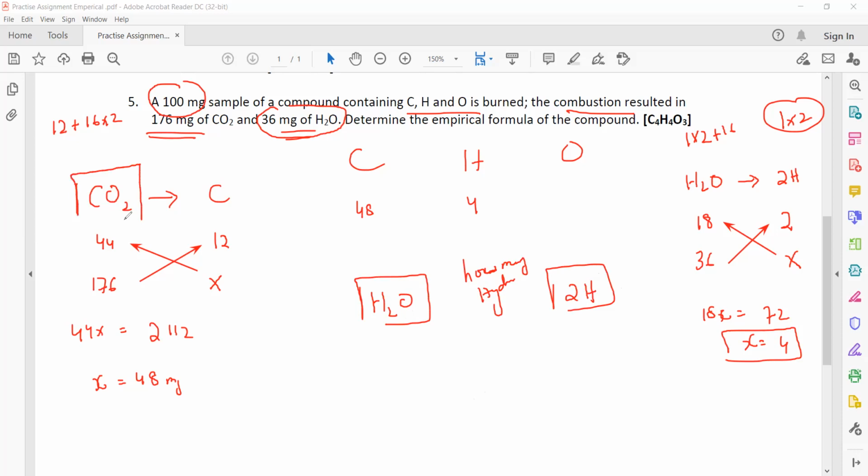One molecule of carbon dioxide contains 1 carbon atom. But what I wrote here is a mass. When I wrote the mass of carbon dioxide, it is 44 and the mass of carbon is 12. So we use the ratio whenever the mass of carbon dioxide is given. How you can work out